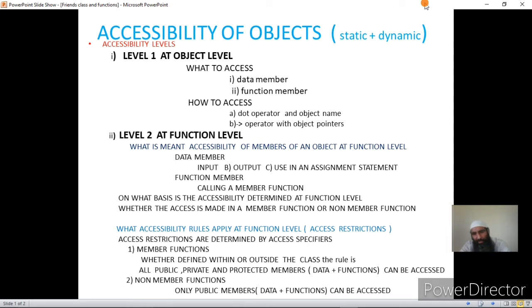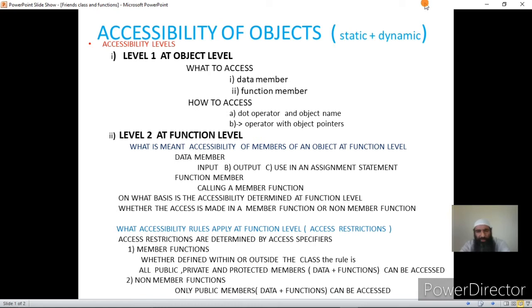Or accessing it in a non-member function, whether that belongs to another class, or whether that function does not belong to any class. As I told you, a member function is a function which belongs to a particular class. A member function can be defined within the class or outside the class.